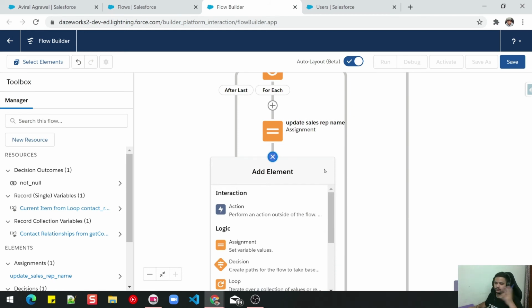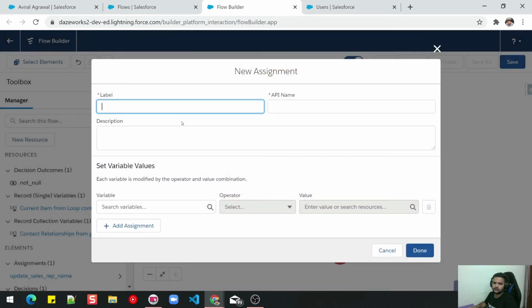So consider two buckets, right? I will just pick one record from there and add it here. So I'll use this assignment and add updated records.